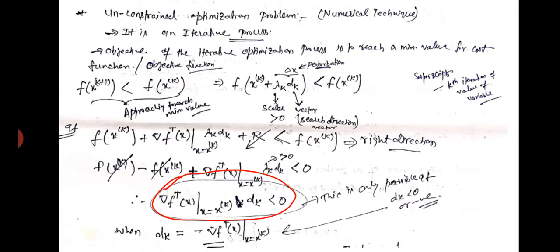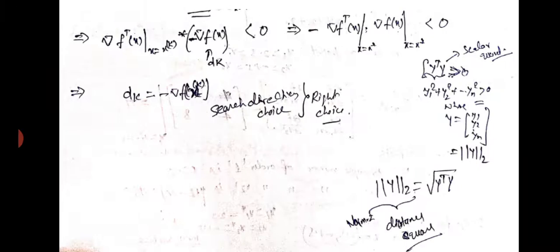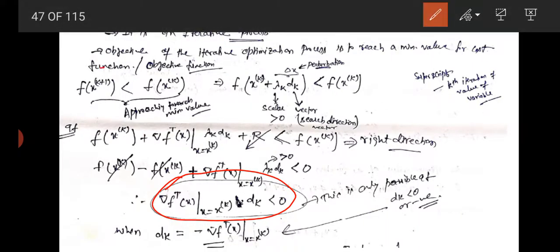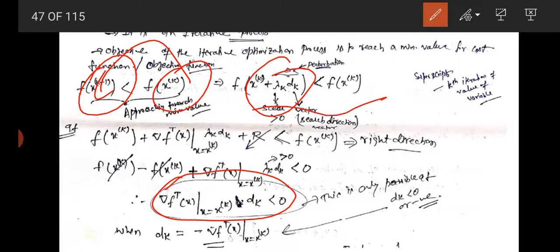If the value is decreasing, you can say you are in the right approach, going toward the minimization problem. So we have defined the condition f(xk plus 1) is lesser than f(xk). It means our current iteration must be lesser than this one. We have perturbed with respect to lambda k dk. Lambda is a scalar quantity where dk is the direction value. We added this and got this value.